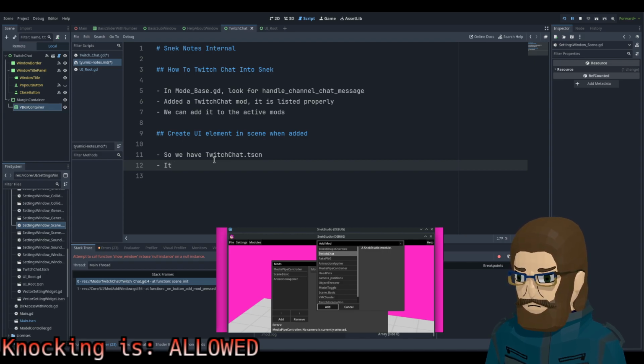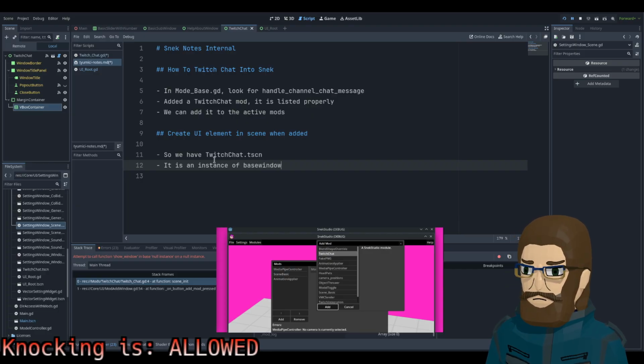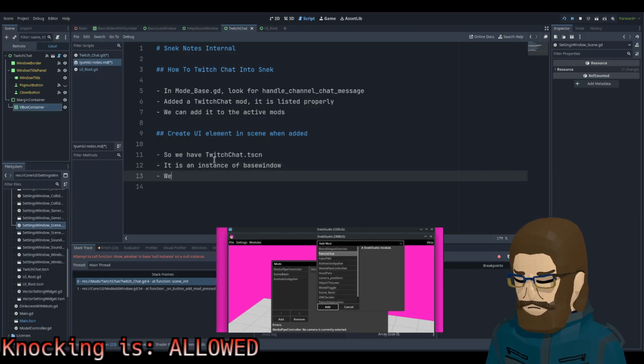It is an instance of base window. We need it to open when the Twitch chat mod